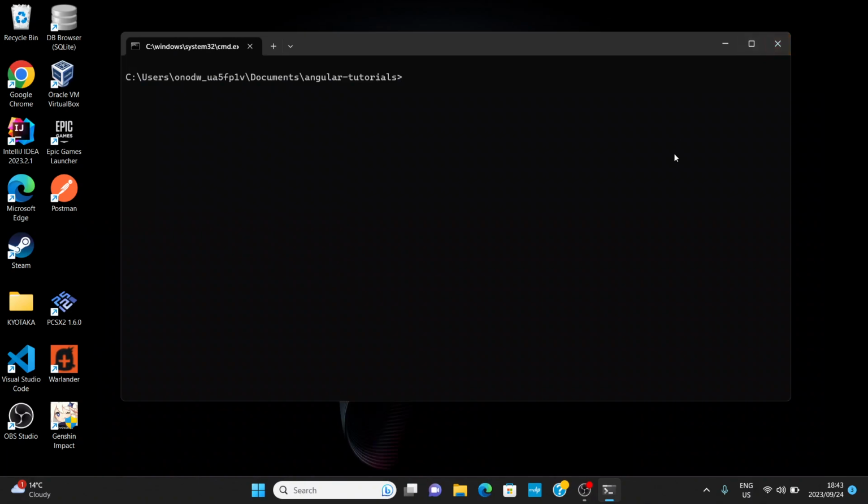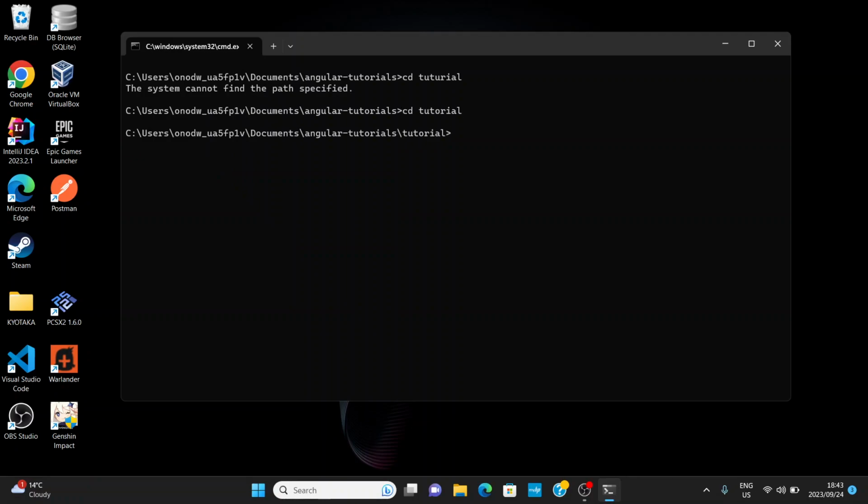Great. So now that it's done installing, we're going to navigate to tutorial. That's the name of the project that we created. So we're going to navigate to that tutorial. And once we navigated there, we want to type code dot. And the reason why we want to type code dot is because we want to open it in Visual Studio